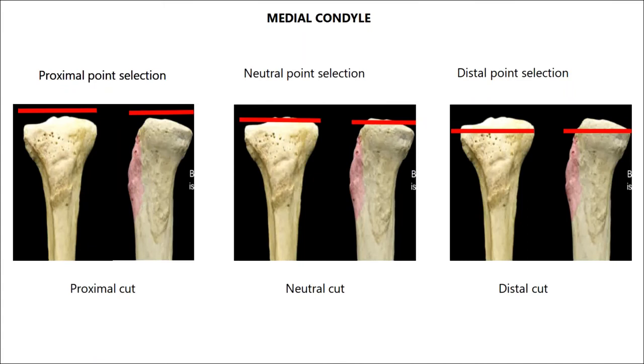This landmark is used to define the depth of the proximal tibia cut on the medial side. Conventionally, the medial cut is measured from the deepest, that is the distal most point. Hence, the same is recorded to measure the depth of the proximal tibia cut on the medial side.